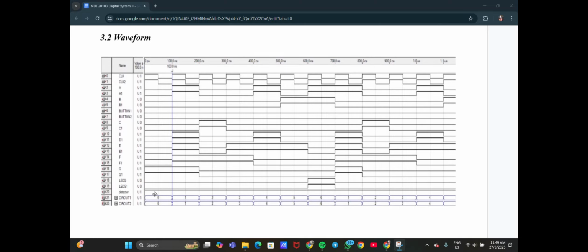For the waveform, at the start, both counters remain at 0, meaning that neither player has rolled the dice yet. When a player presses the button, their counter begins counting based on the clock pulse. As the clock cycles, the outputs A, B, C, D, E, F, G change sequentially, representing the dice values for